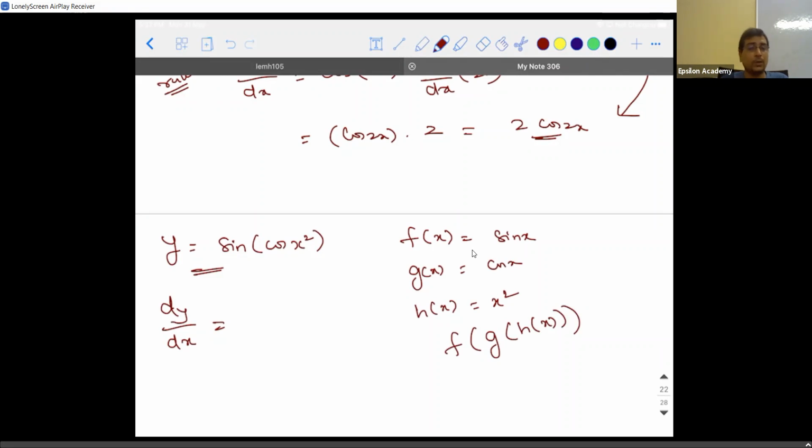So we know how to handle when two functions are there. When three are there, let's see, it's a simple thing. It's like a chain. That's why it's called the chain rule. That's what I'm going to teach you now. I want you all to concentrate.